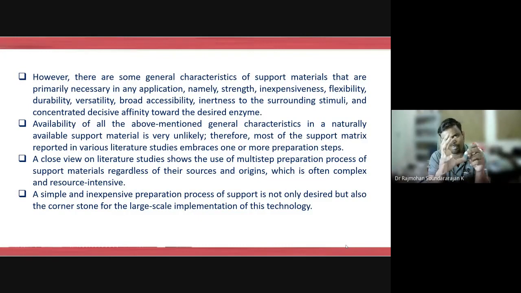So what we do is we functionalize or modify the structure of the support before we bring the platinum onto the carbon. Different techniques are there. One of them is functionalization, which means introducing some functional groups onto the surface of the support. Then we introduce the enzyme, so that the bonding between them is better and the durability of the support is more, so that you are not losing your precious catalyst. The same thing is applicable here also. We don't have any naturally available support material with all the qualities. As I said, there are 10 qualities required. We will never get all qualities.